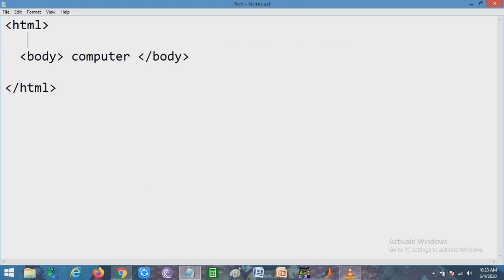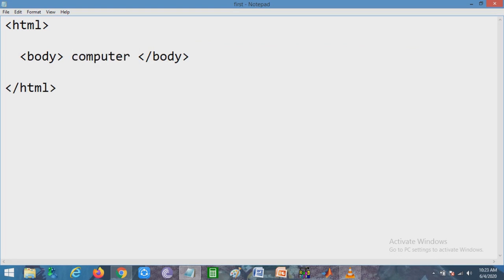So it is clear that we operate on the elements. We know what elements are. Elements reside in between tags. So here computer is the element. On the browser, tags will not be shown or viewed.